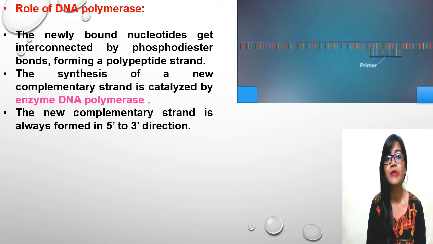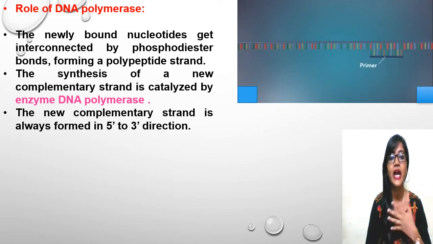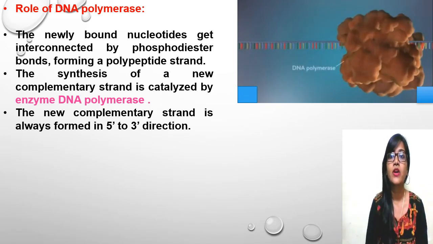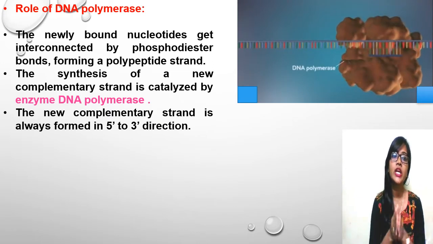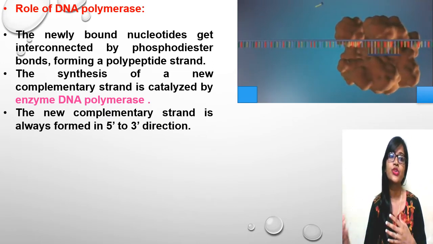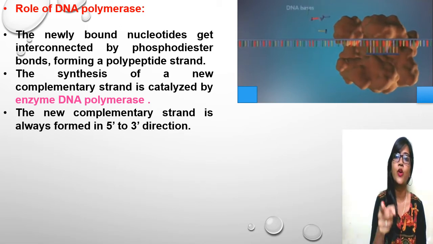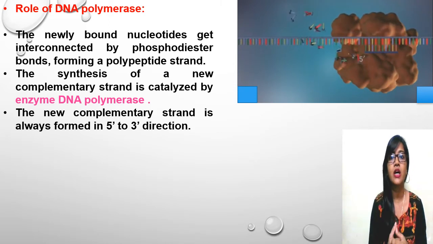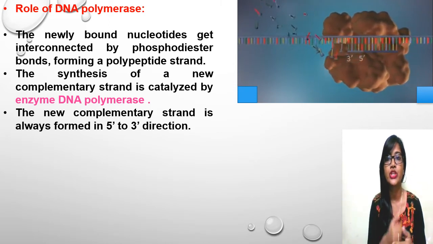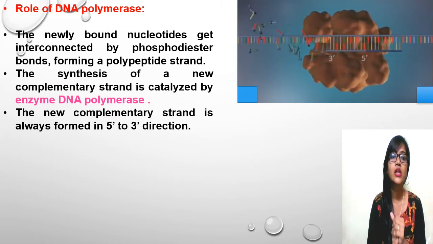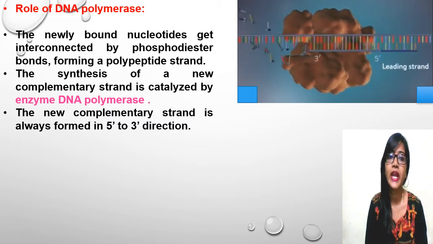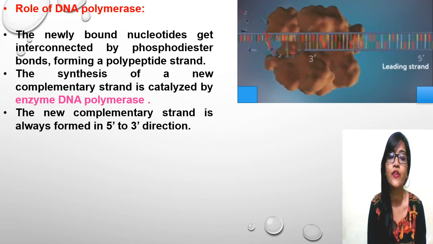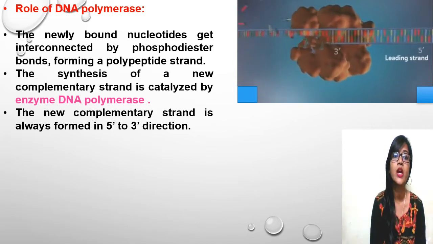So these DNA polymerases catalyze the chemical reaction, they increase the rate of reaction. DNA polymerases add nucleotides to the 3' end. You can observe in the diagram how DNA polymerase is moving now. These are the activated nucleotides which are getting added. So the DNA polymerase adds nucleotides to the 3' end of the old DNA strand, one nucleotide